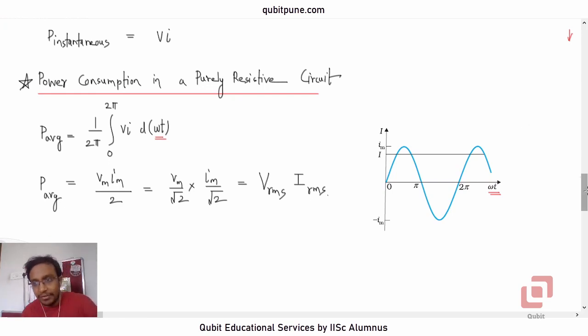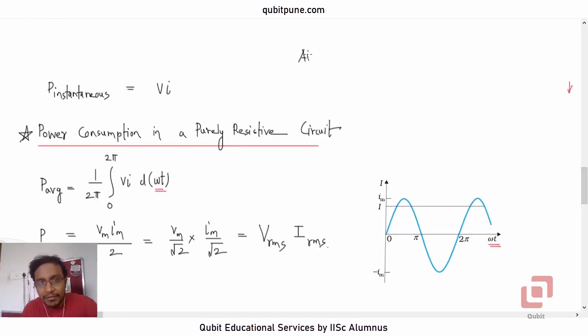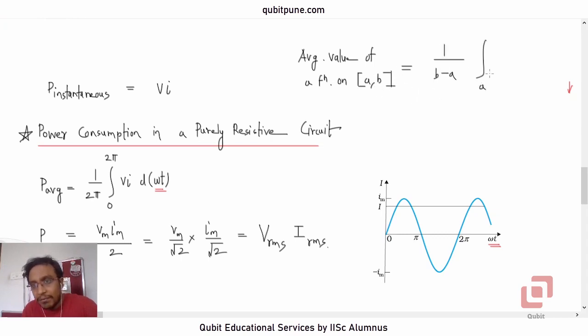So in calculus notation, the average value of a function on closed interval AB is given by 1 upon b minus a, integral from a to b f of x dx. And that's exactly what you see here. 2 pi minus 0 is in the denominator here. b minus a, 0 and 2 pi are the limits, and the function here is the product of instantaneous voltage